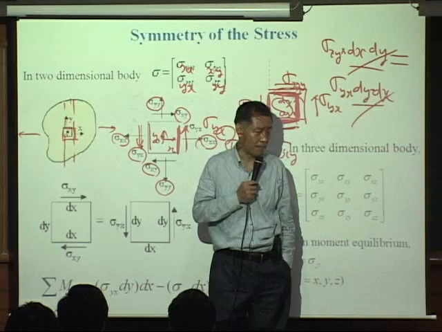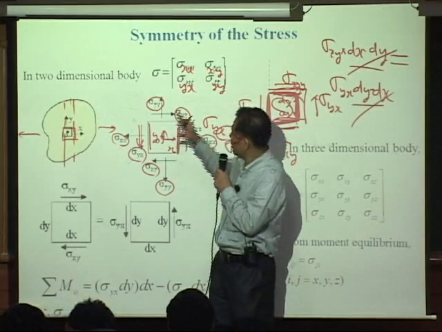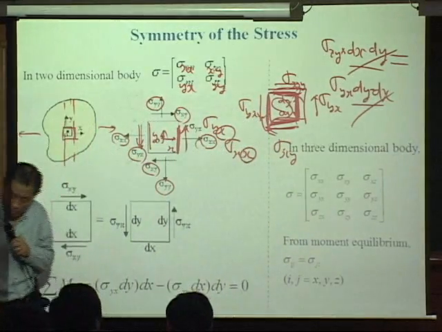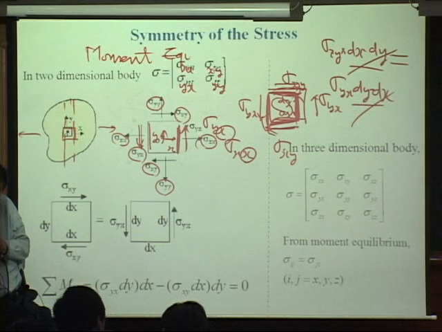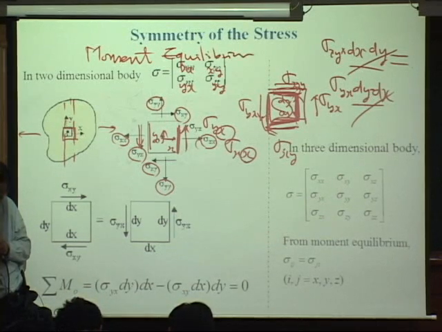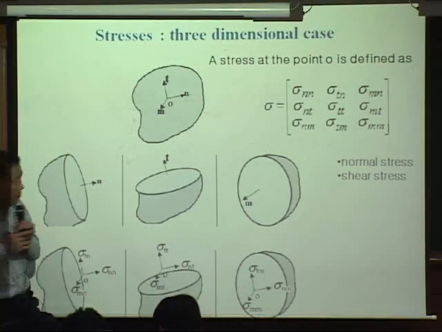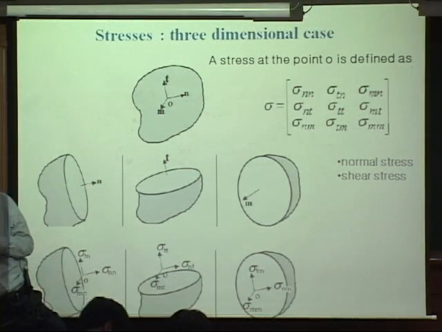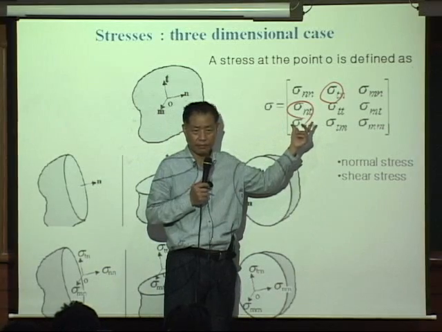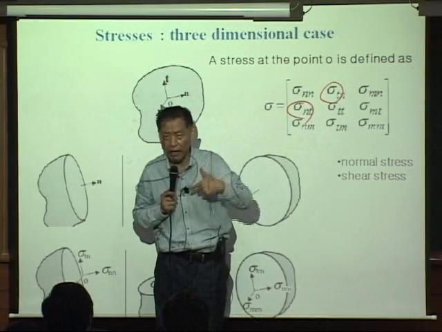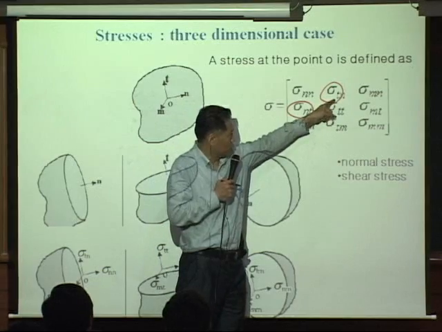Ooh, it simplifies a lot. This kind of symmetry, in other words, comes from moment equilibrium. So actually, this Tn and Nt should be same. Sigma xy should be sigma yx, and it applies to any notations, and in other words, Tn should be